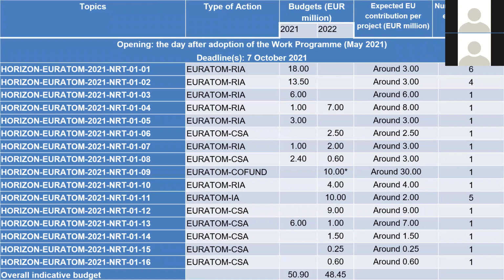In this next slide, I present to you the budgets foreseen for each topic and also the expected EU contribution per project. And finally, in the last column, you will see the expected number of projects to be funded. So as you can see in topic 1, which is going to be the one on safety, you will have the most odds and chances of obtaining funding since there are 6 projects expected to be funded with a total